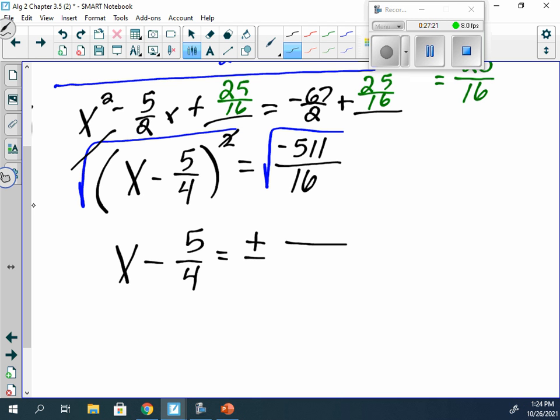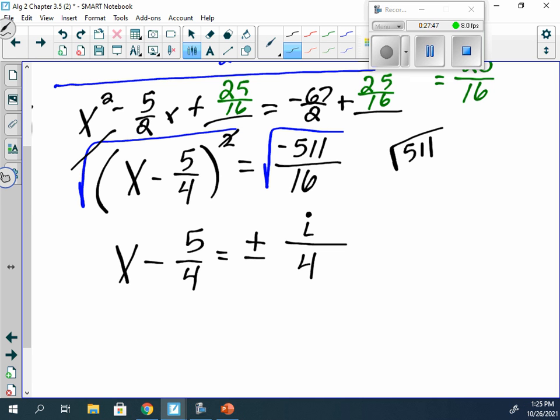Well, what is the square root of 16? Yep, because 4 times 4 is 16. Now in the numerator, we know that the negative will come out as i. For any radical, if there's a negative inside the radical, it's going to come out as i. That leaves us with the square root of